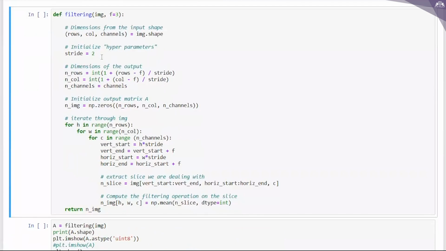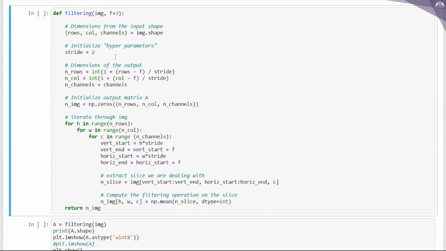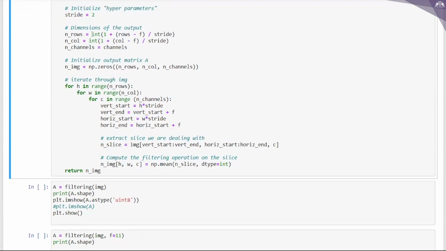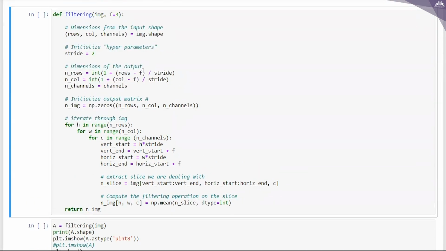I'm writing stride equal to 2, so here the step is 2. Then I'm writing the dimensions of the output: number of rows, number of columns, and number of channels. I'm writing 1 plus rows minus f divided by stride. We know what rows is, and f is considered as 3.